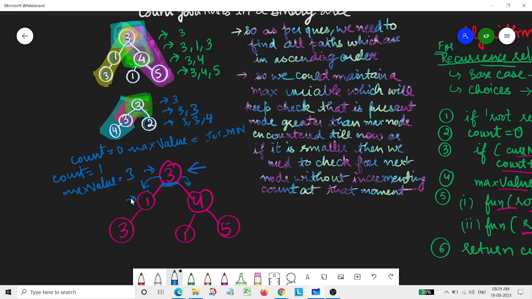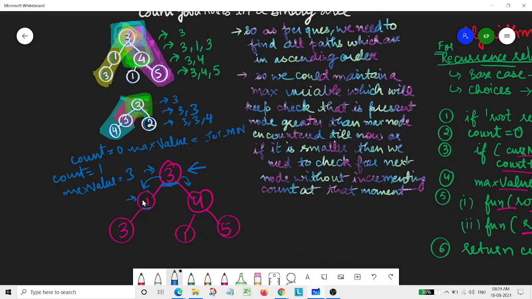First the left subtree call would be there and it will check for the 1, and the whole process will repeat. It will check whether this value is greater than the max value, which it is not, so it will not enter the if condition. Then it will check whether the present value or the earlier max value is the maximum. It will find that the previous maximum value was greater, so the max value won't be updated at this moment.